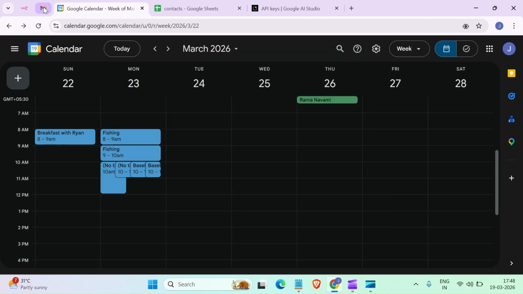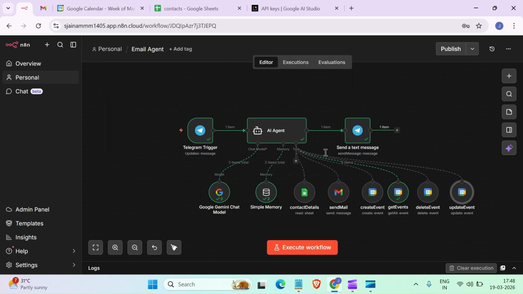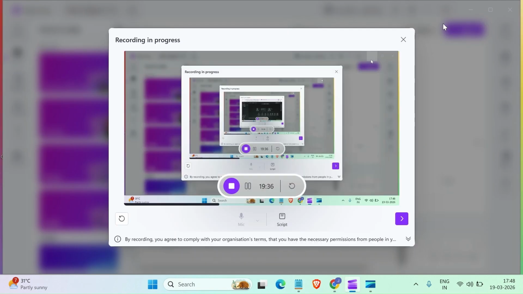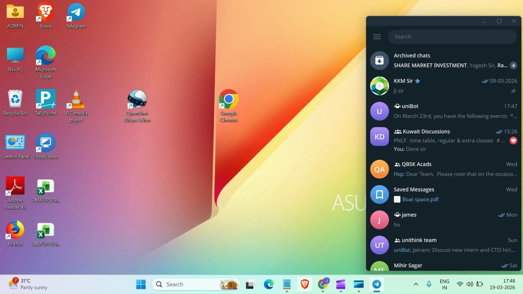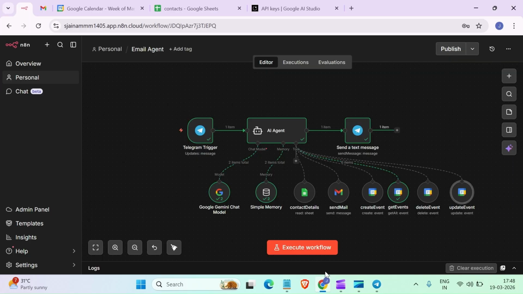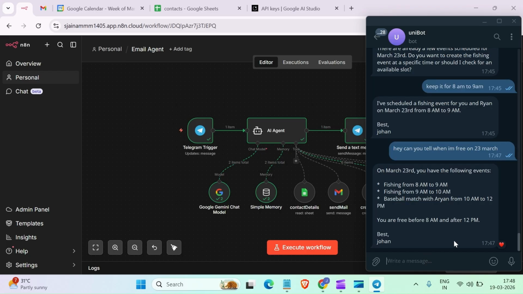So we can delete this. Fine. First I would be sending the Telegram message. I guess we have already closed it, so we would be opening Telegram over here again. Fine. So we would be asking our Telegram node. I would be asking this: delete event